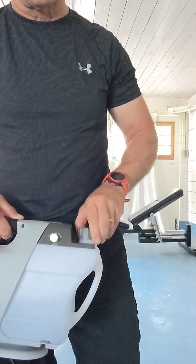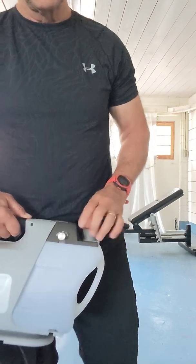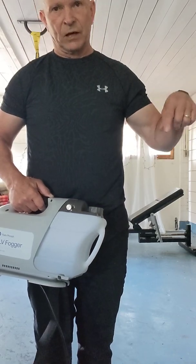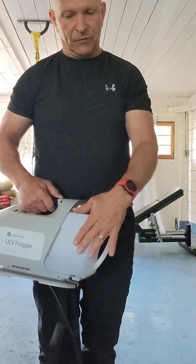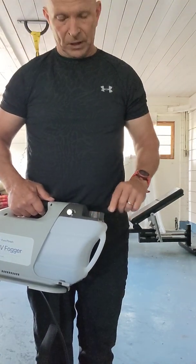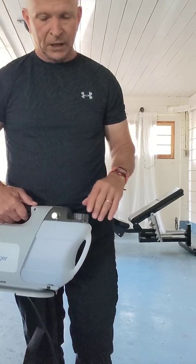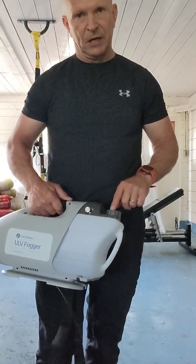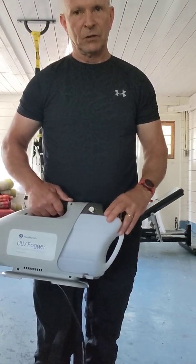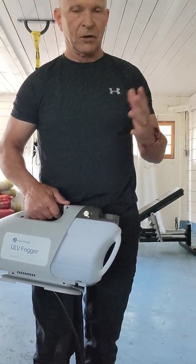That packet is actually good for 4 liters. So if you want to make your solution go a little bit further, you can find a 4-liter container and put that solution in the 4-liter container, and then it's slightly diluted from this. It's 200 parts per million. So if you put the packet in here in the 3-liter, you'll be about 220. So if you want it a little bit stronger, you could just dump it in here, or if you want to use it to exactly 200, which is sufficient for what you're going to be doing in your facility, you would mix it in a 4-liter and then transfer it in here. You'll get a little more out of your